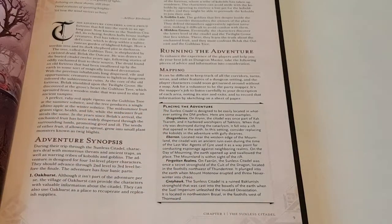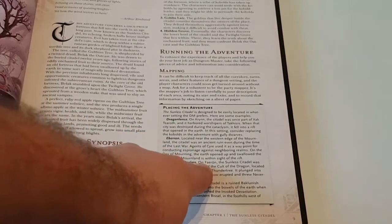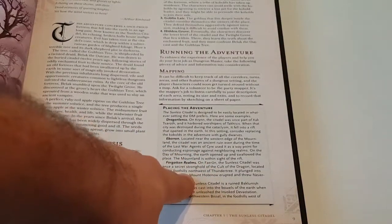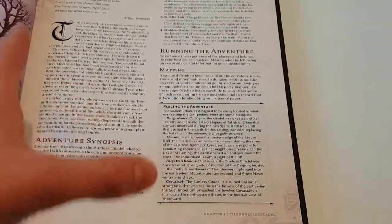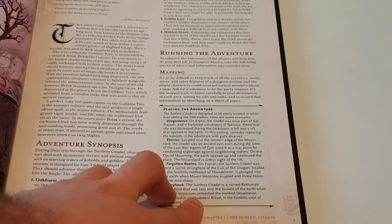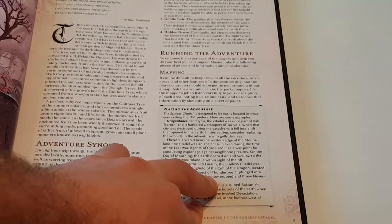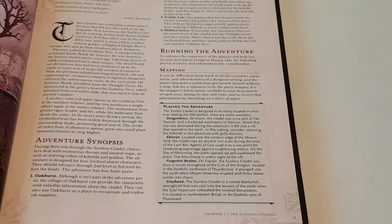And as long as you meet the rough sort of idea of where these are set, you should be fine, guys. So it has a lot of information regarding, for example, the Forgotten Realms, it says here, "On Faerun, the Sunless Citadel was once a secret stronghold of the cult of the dragons. Located in the foothills northwest of Thunder Tree, it plunged into the earth when, I cannot pronounce that name, Mount Hotonau erupted and threw Neverwinter into chaos." So you get a rough idea of a brief background and the setting of it, which comes in very handy